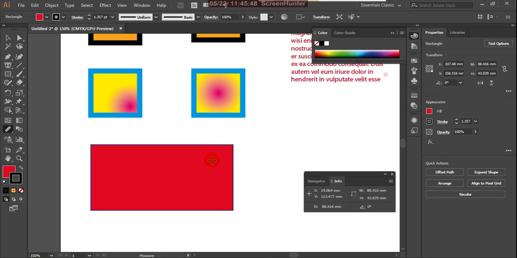Suppose with this tool, I click this one. The distance is 88.416, already showing by default, but the angle is 0 here. Suppose from that corner to this corner I use this measure tool. Now the angle is -154.